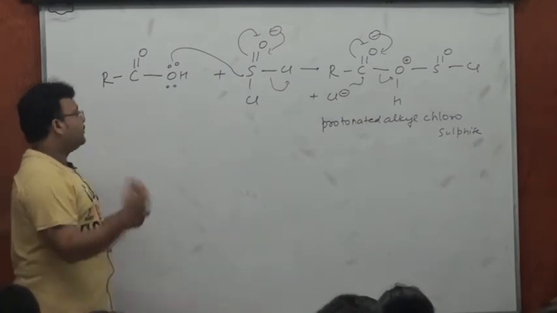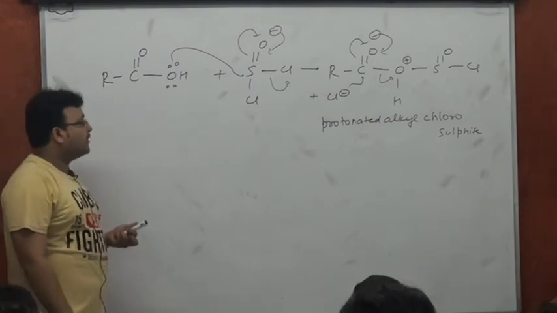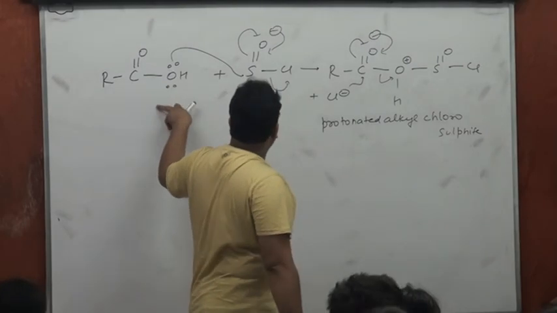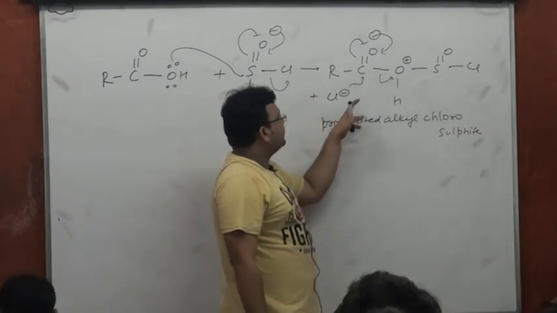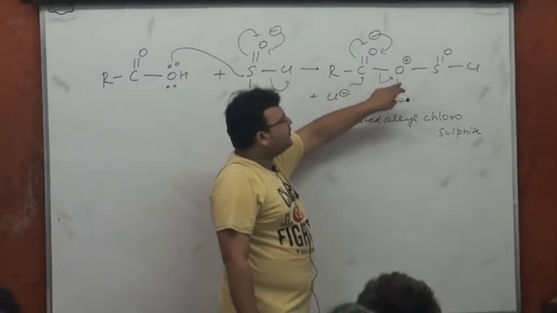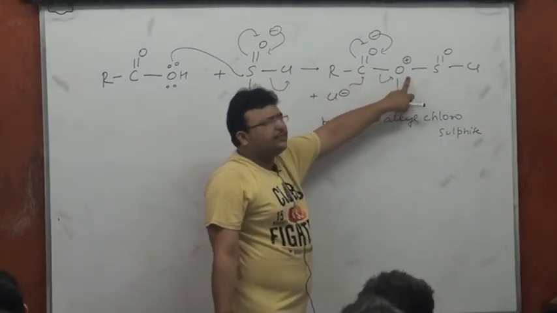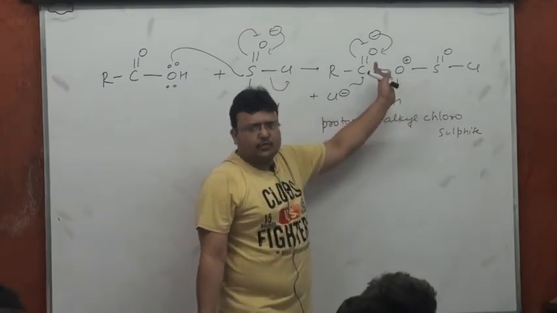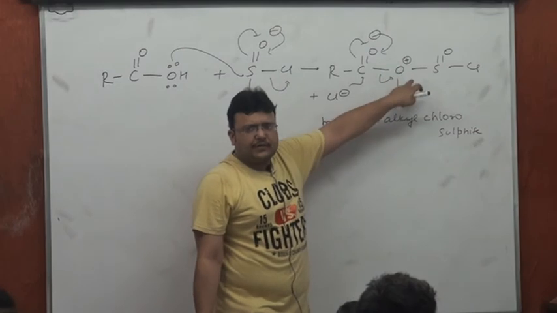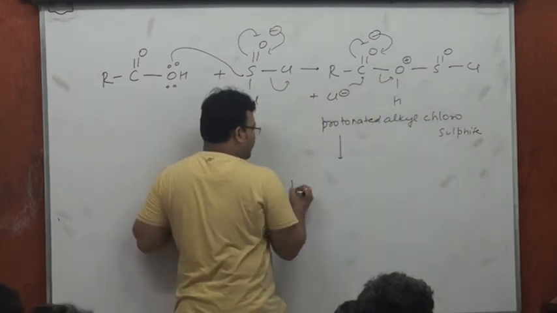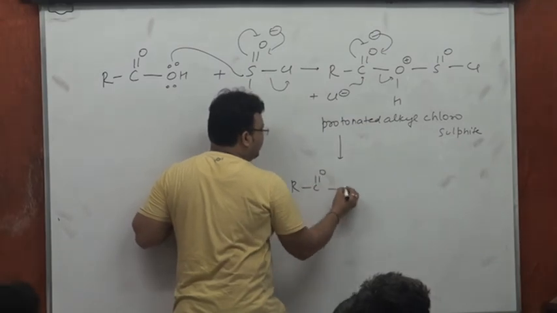But indirectly, using a reagent of this kind, I'm able to do that, because you find that Cl minus is not going to react with RCOOH directly. After this step, Cl minus will attack here, and this is going to be a good leaving group for reasons like this oxygen is positive. So there is a strong tendency to get this pair of electrons. This positive oxygen will make it a good leaving group. And in the process, you get RCOCl and